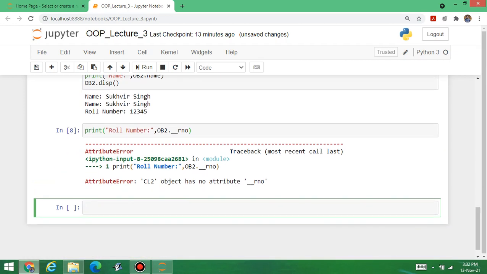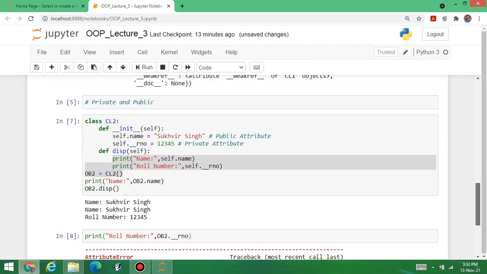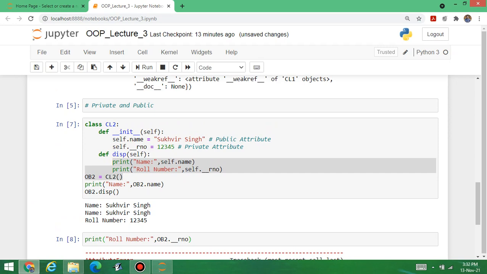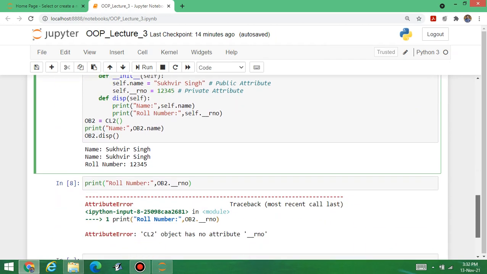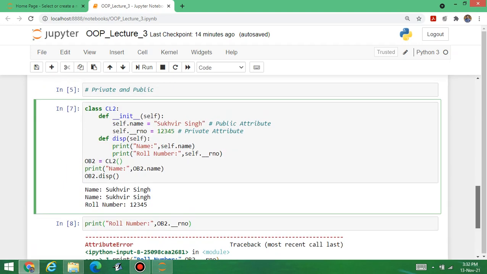CL2 object has no attribute two underscores roll number. Now what is the meaning of this one? It means you can't access this one. This one is private. But you can display these contents inside the class. From outside the class, you can't access these variables. You are trying to access this private data outside the class. This one is not possible.